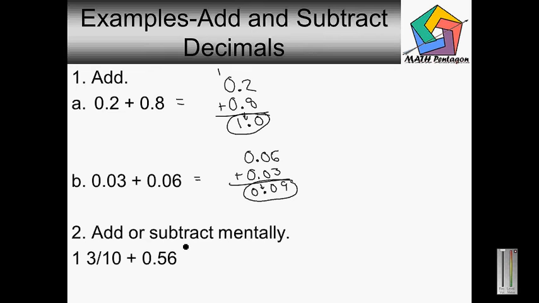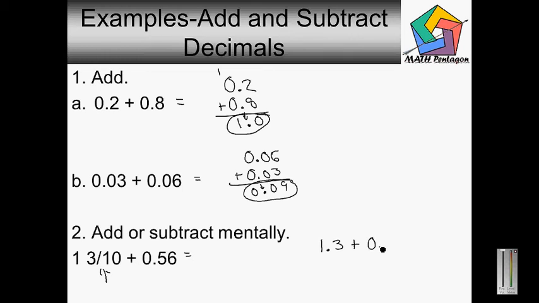Okay, we have add or subtract mentally. Well, we have 1 and 3 over 10 plus 0.56. First, we want to convert this to a decimal, and how we do that is, we have the 1 is just the whole number before the decimal point, so we put 1 point, and then we have 3 over 10, so that's like 3/10, so we put 1.3